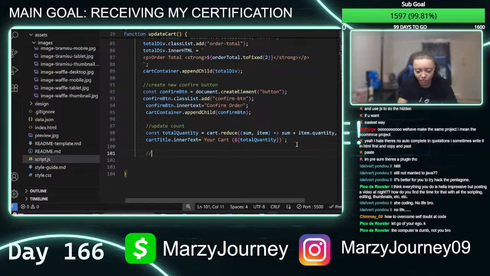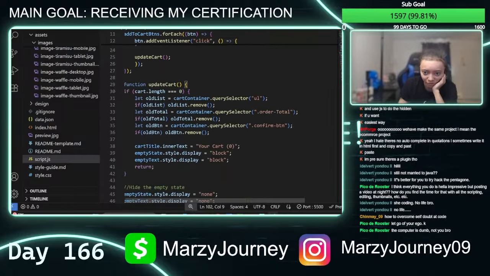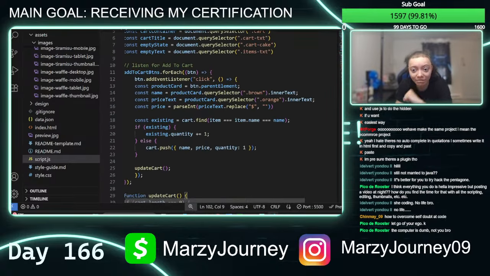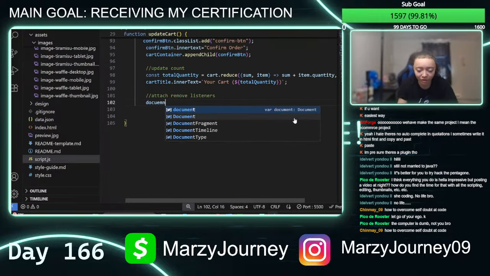The last thing is we need to attach remove listeners. This has actually been really helpful for me knowing what I need to do if I can spell listeners for just 1 second. Oh, I think you guys wrote some more stuff. Oh my gosh, that's something in my eyebrow. So we gotta attach the remove listeners, which I believe should be probably, I think we're coming more towards the end, but I'm not sure. I mean, we wrote a lot, to be honest. Hopefully it ends up working, but y'all know me, I'm quite the misspeller. So there might be something misspelled within this, even though we got this.